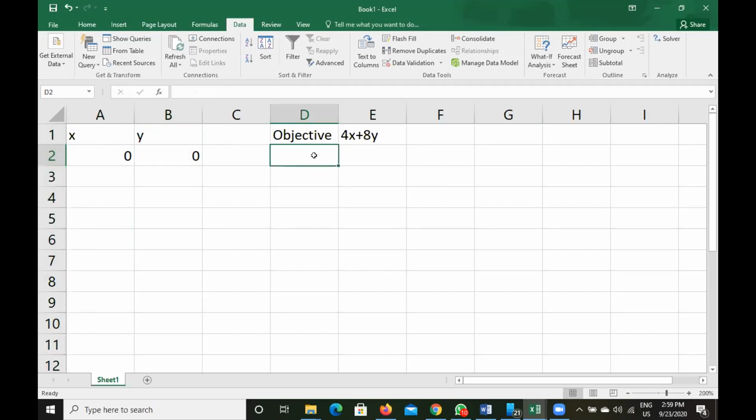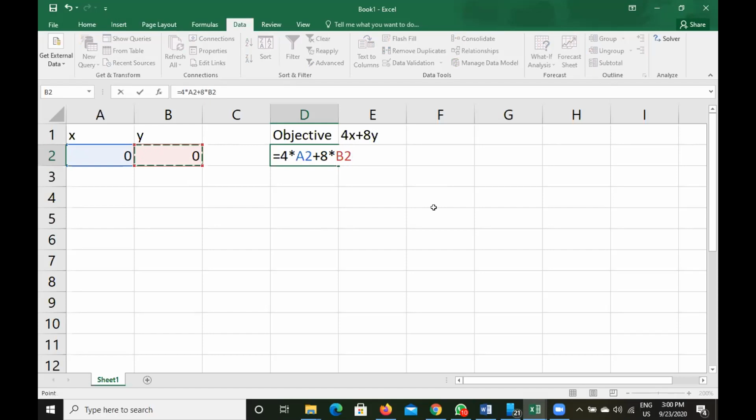And below objective, we will write the formula. The formula for the objective function is 4x plus 8y: 4 multiplied by x, this is the cell that contains the value of x. We'll select that one, plus 8 multiplied by y. This is the cell that contains the value of y.